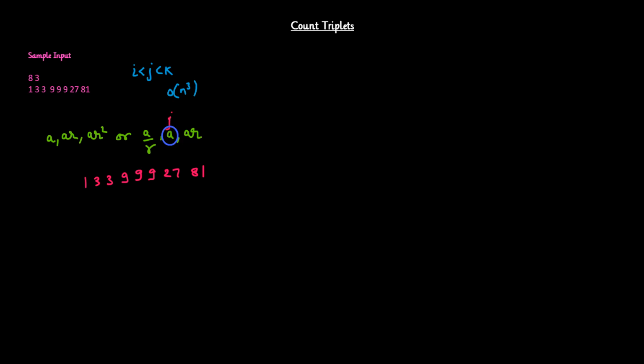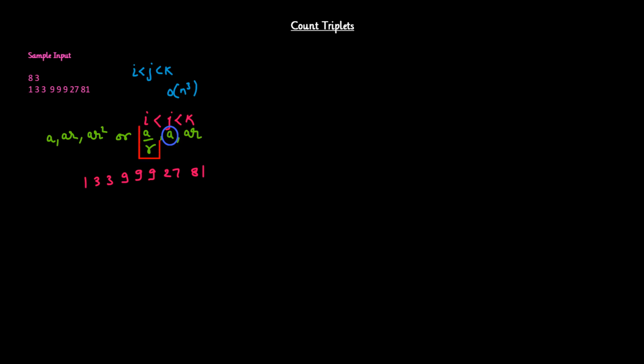If something exists on my left side, its index will be lesser than this. And if something is on my right side, the index will be greater than this. So in that case, I don't need to bother about the indices part. Every time we process this array, every element will be treated as a, and we'll see whether A by R